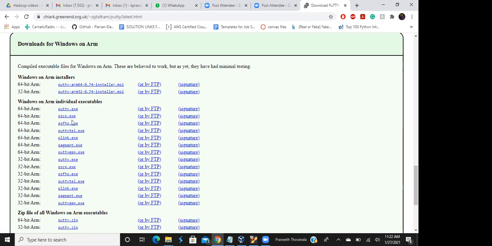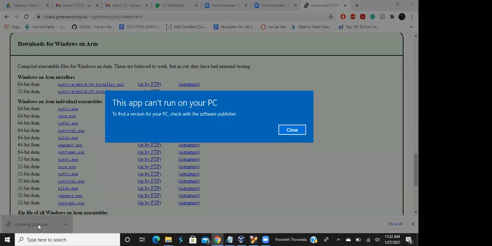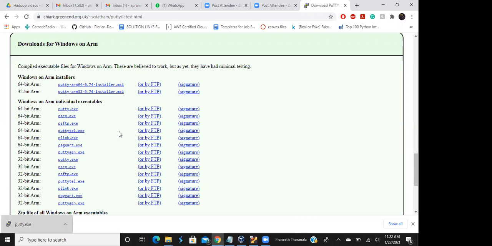Can you click this? The same thing. That can't run on your PC. Okay, now go to the MSI and download it. There's a .msi file, 64-bit in the top. Yeah, click it.